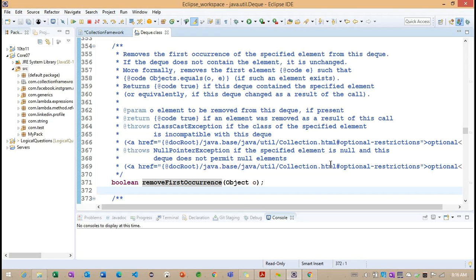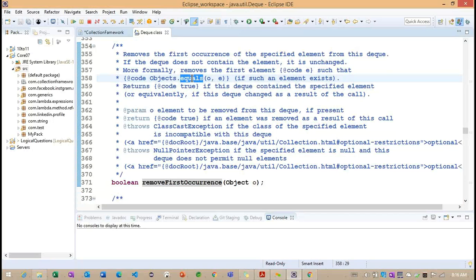For example, we have the same object in the DQ three or four times. The first time the object occurs, it is going to be removed from the DQ. Whatever object we pass here, it is going to check how many times this object is present, and based on that, it will try to remove the first occurrence of the object.